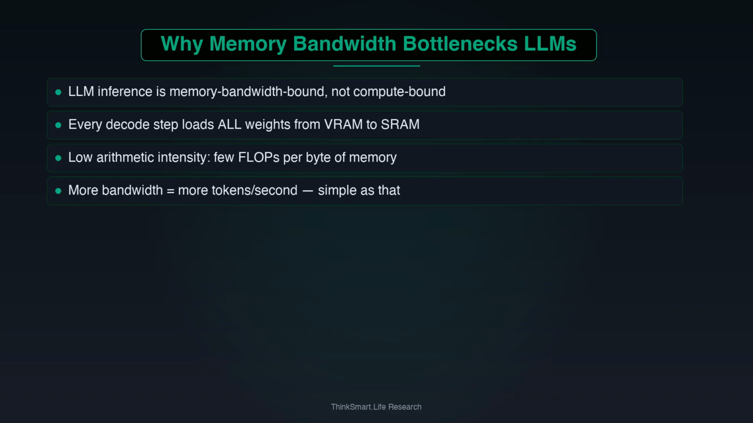During autoregressive token generation, you generate one token at a time. Each token requires a full forward pass through all transformer layers. In each layer, the model's weight matrices, billions of parameters, must be loaded from VRAM into the SM's compute units. For batch size 1, you're multiplying a single vector against enormous weight matrices, very few flops relative to the gigabytes